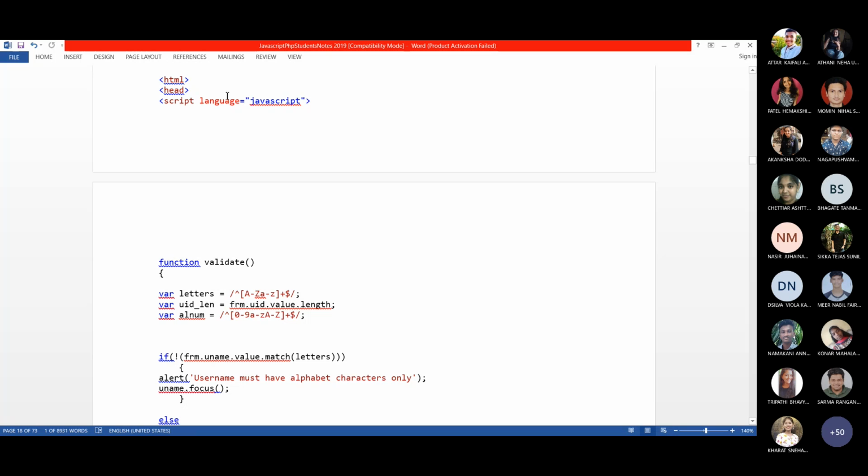So HTML, head, script. This language attribute is not required because now we are using advanced JavaScript and HTML5 too. So we need to give only the script tag. The language equal to JavaScript you need not mention, because the latest version of JavaScript has it by default.